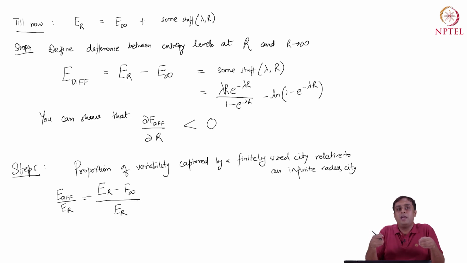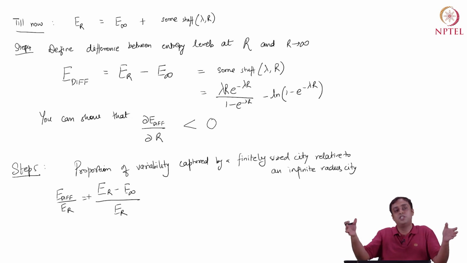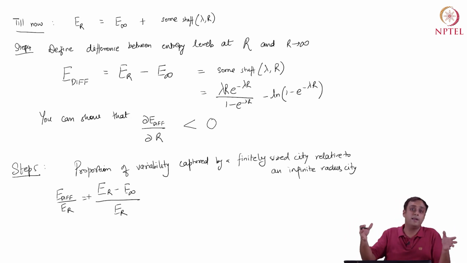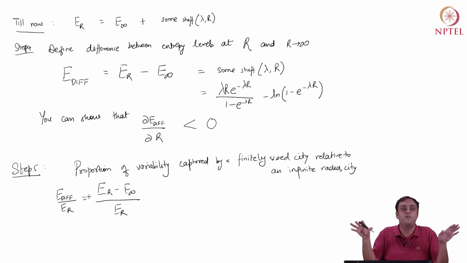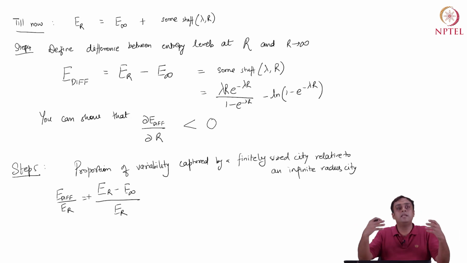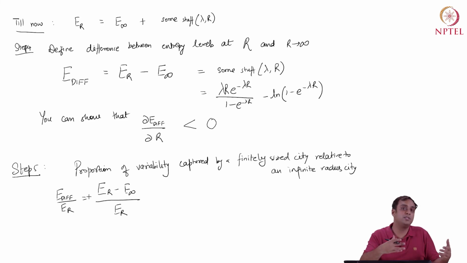What would be an optimal or appropriate size of a city if I wanted most of the distribution in population, the way population is spread out, the prices are spread out and all that, if I had no space constraint whatsoever, right? So this comes closer to a regional policy or regional planning exercise where policymakers might want to understand where they should draw a boundary of a city, right?